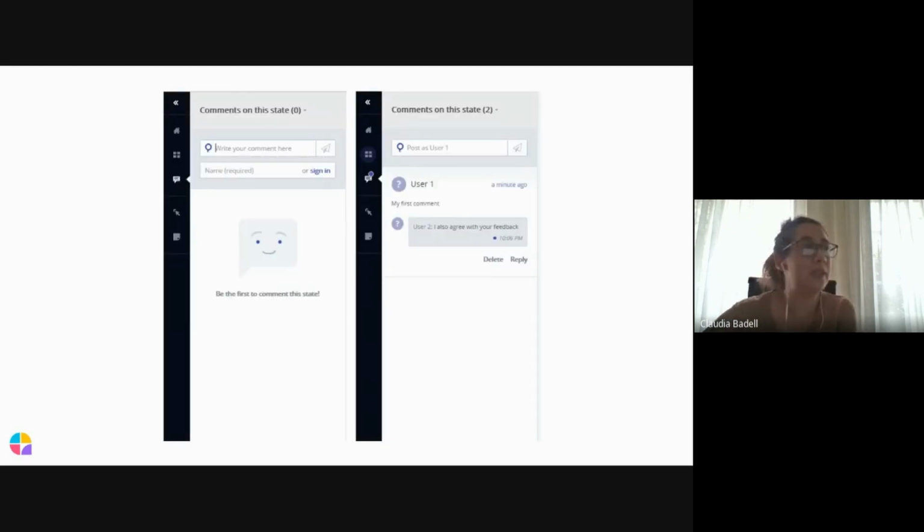This example is from a product that is in the cloud, and there is a functionality which allows the users to add comments. In order to add a comment, we have this field, the one highlighted with a light blue arrow in the screen. You can also add a comment as a signed-in user or not being authenticated. You can also delete a comment posted by yourself, and you can reply to a comment. This is the functionality that we are going to design a mind map for.